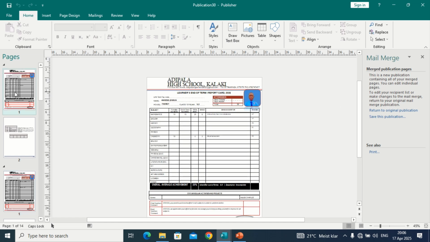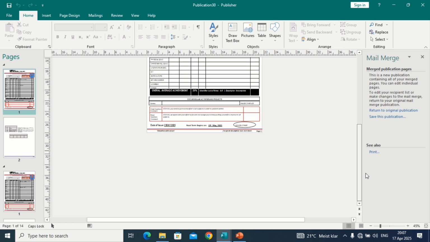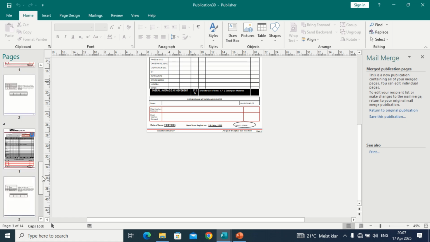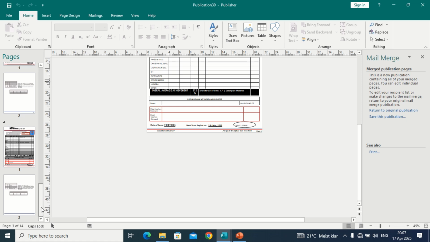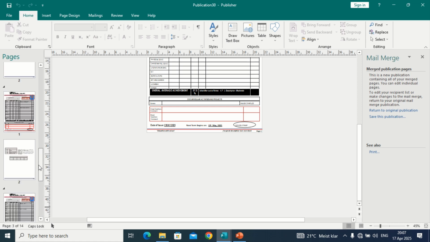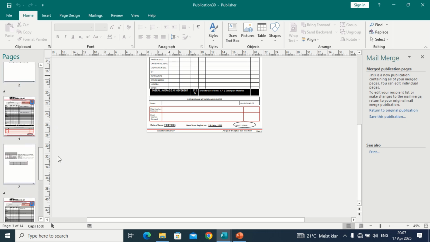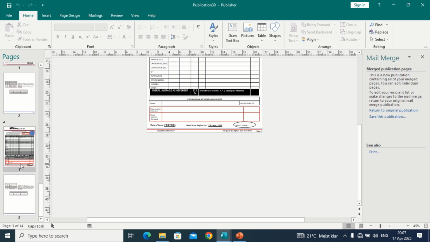I also have this report card. When I come here, you can see that there are others still there. I selected 7, and therefore I will have 7 of them. Those are the 7 report cards that I selected, and that is the report card